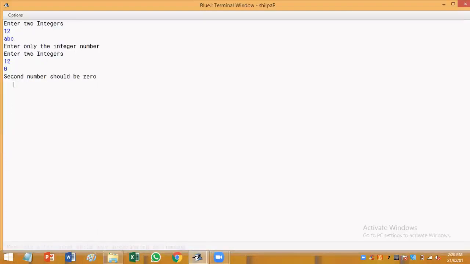See, the second number should not be 0 because the second number is considered as a denominator. So when a number is divided by 0, its value is not known. It is defined as infinity. Hence, that exception is caught here, and I'm printing a message to the user that the second number should not be 0.